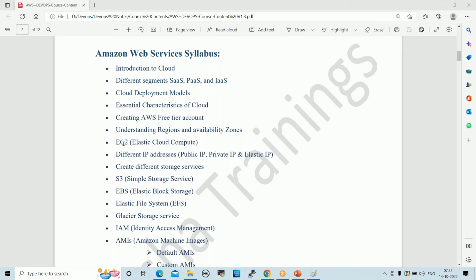Yeah, this is the AWS syllabus. These are the services. See here, introduction to cloud, different segments of SaaS, PaaS, IaaS, right? And cloud deployment models, essential characteristics, creating an AWS free tier account. How can we create it? And regions, zones. What are the zones? What are the regions? EC2, Elastic Compute Cloud, is the first service we start with. Different IP addresses are available: public IP, private IP, Elastic IP. Then different storage services: S3, EBS, Elastic File System, Glacier, IAM, Identity Access Management, AMIs,